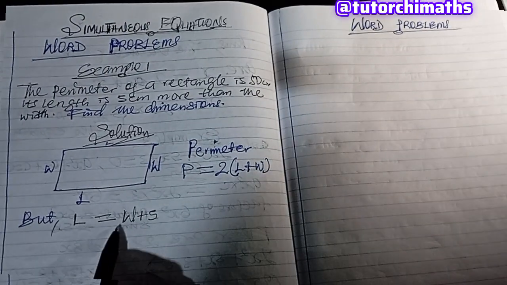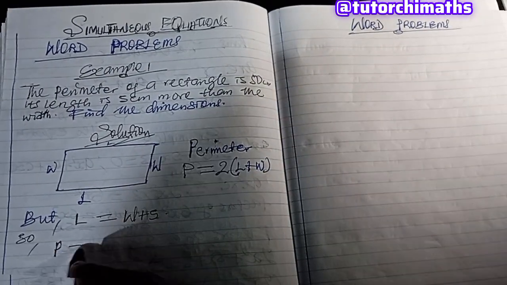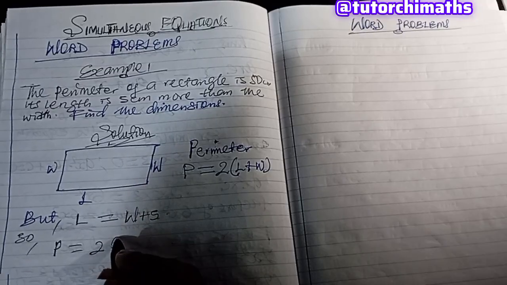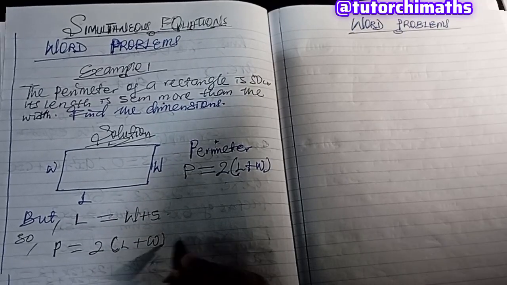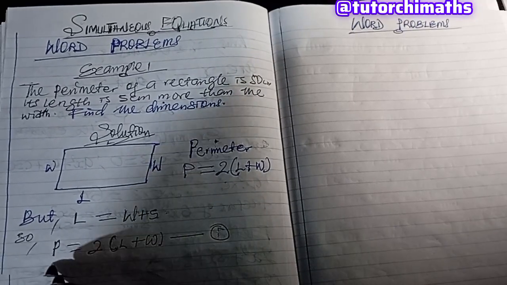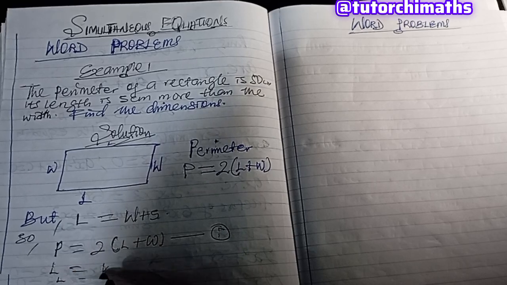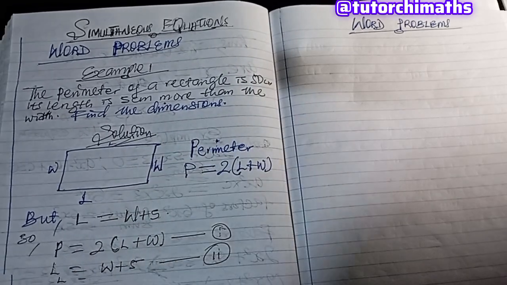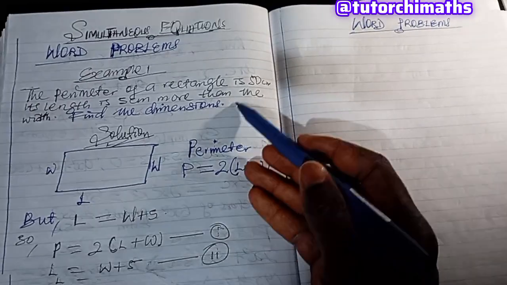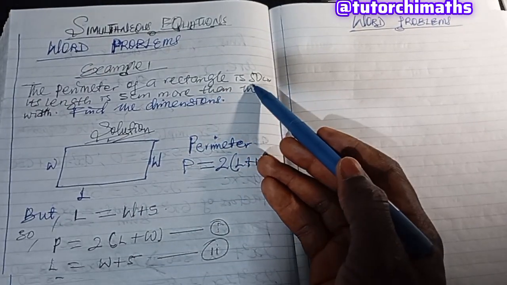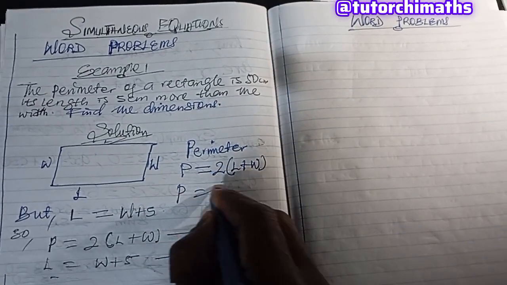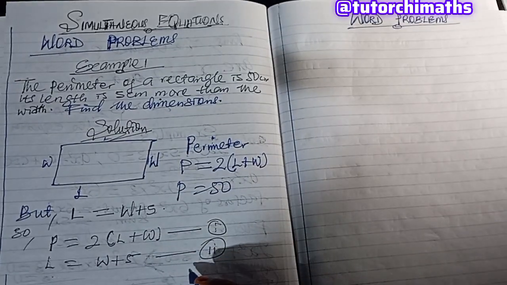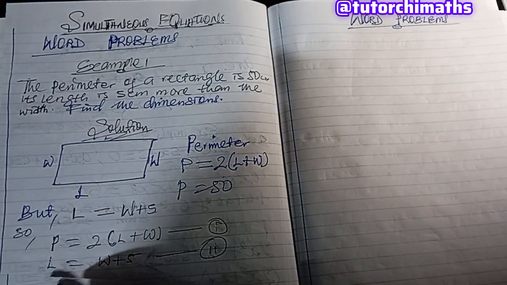Okay, so this is our length. P equals 2(L + W). Let's take it as equation 1. Then L equals W + 5. Let's take it as equation 2. But we have here that the perimeter is 50. P equals 50 cm. Alright, so from 1, now